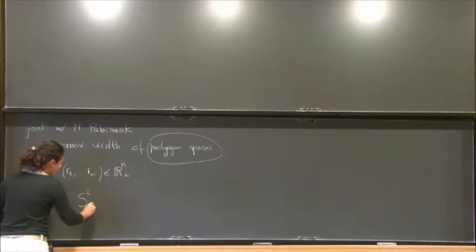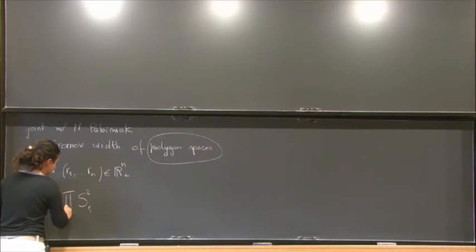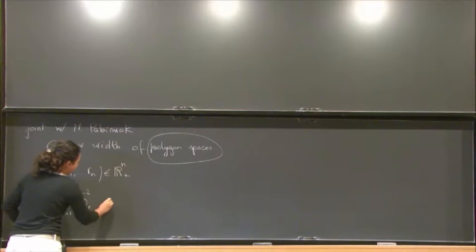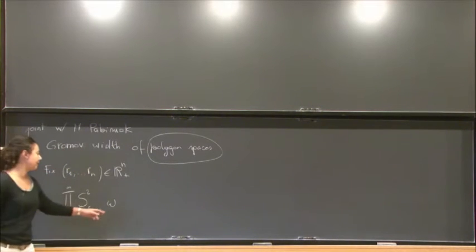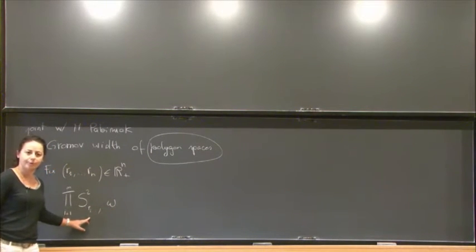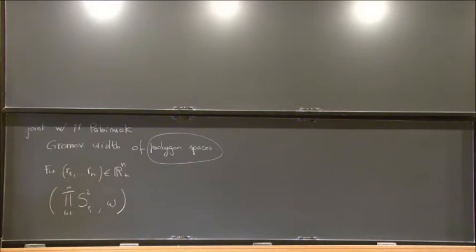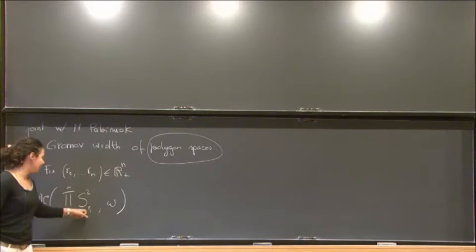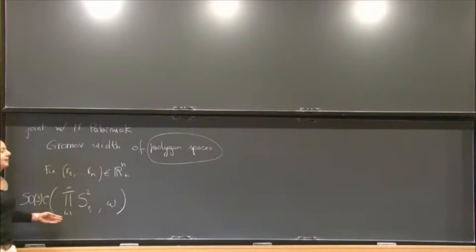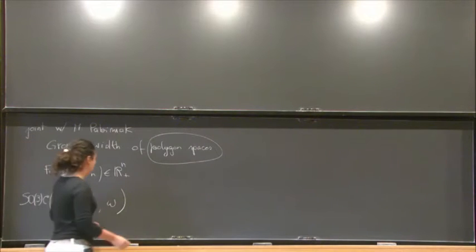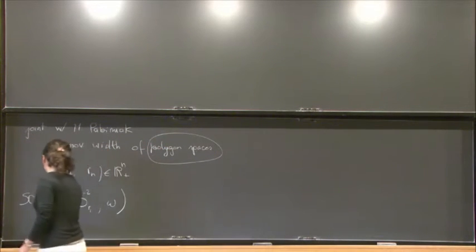And so I can consider the product of such spheres equipped with the symplectic form that is given just by the sum of the pullbacks of the volume forms on each of the spheres. And this is still a symplectic manifold, on which the group SO3 of rotations acts diagonally on each of the spheres. If you prefer, you may think of each of these S2 as coadjoint orbits, and this then is just the coadjoint action. So this action is Hamiltonian,